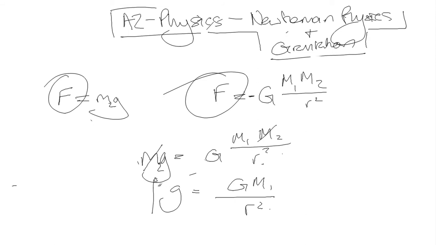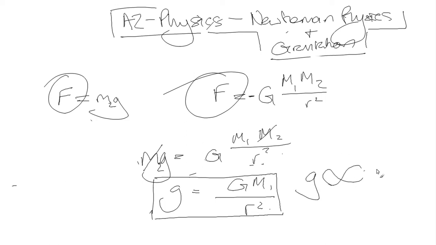And it's not directional, it's a scalar quantity because it's just a field strength, newtons per kilogram. And the way g, the gravitational field strength, varies with r squared is evident from this equation. We can see that g is proportional to 1 over r squared, right? So in that sense, if we plot a graph, we'd see that